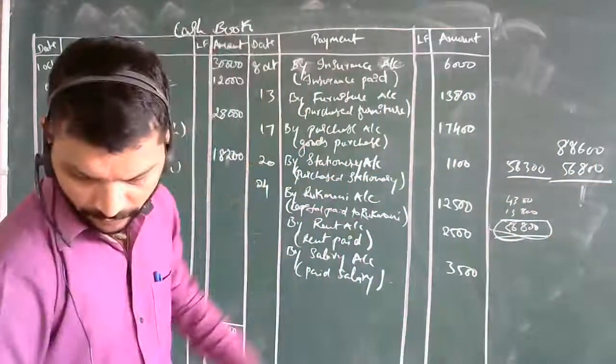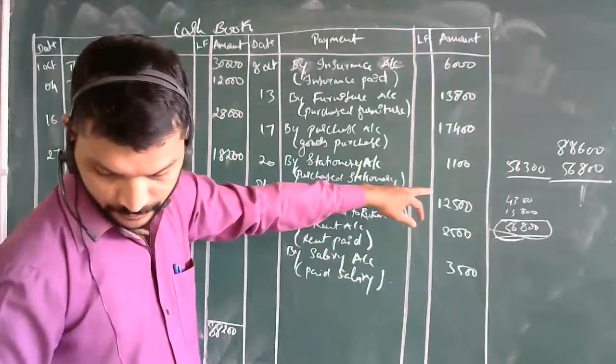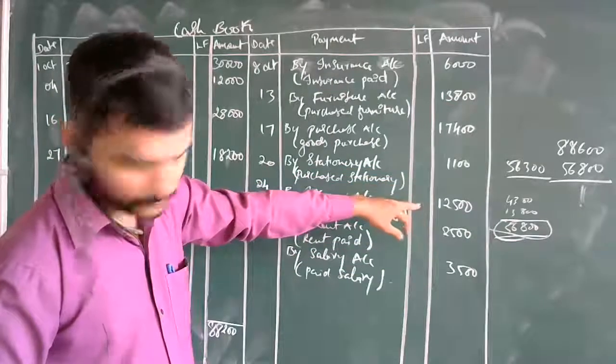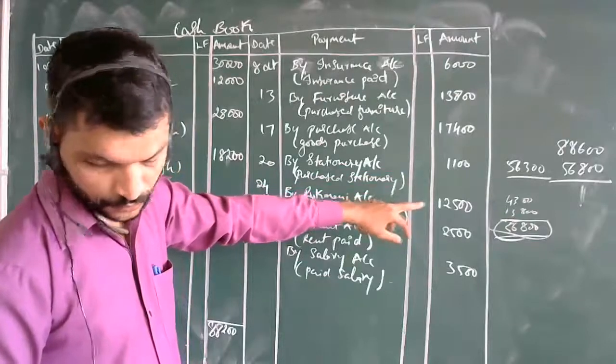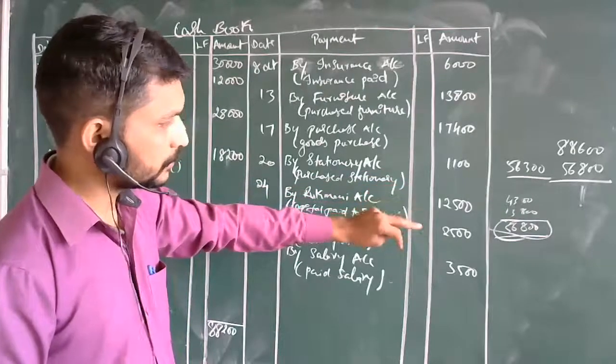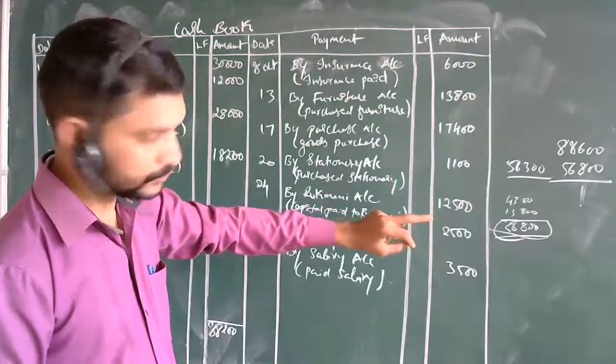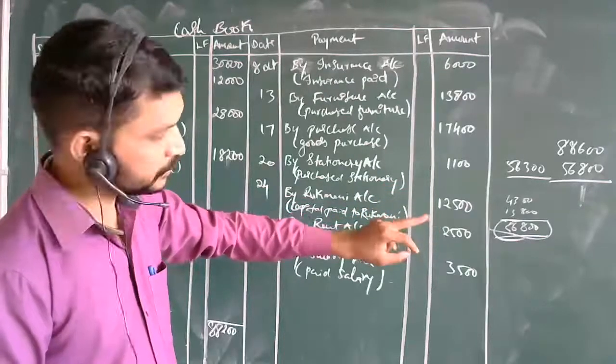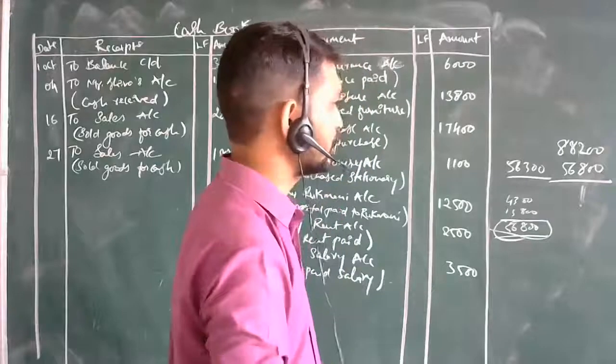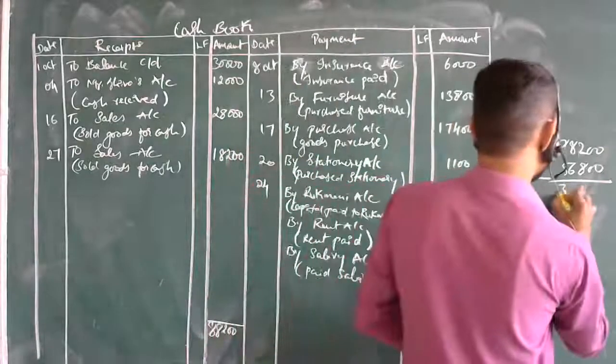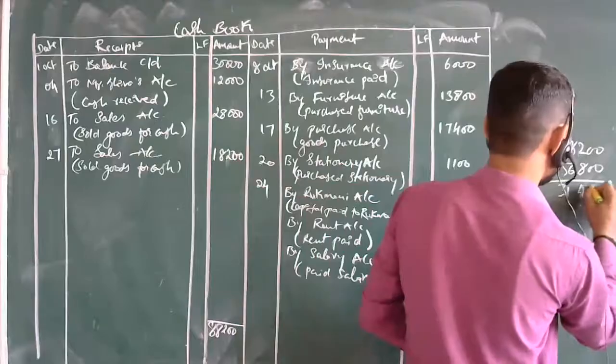If I have made any mistake in the values, check it out. Sir, 88,200 it is. Okay, sorry, not 600. 88,200. That is what I am asking all of you. So it will be 31,400. Correct? Yes, sir. So minus 31,400, that is the balance value.